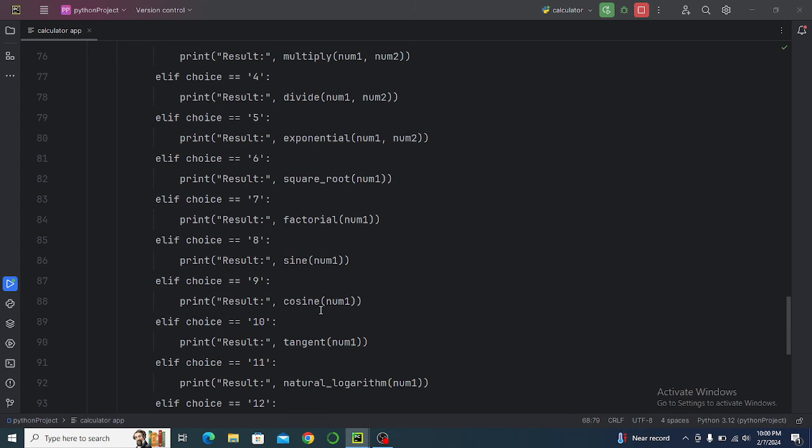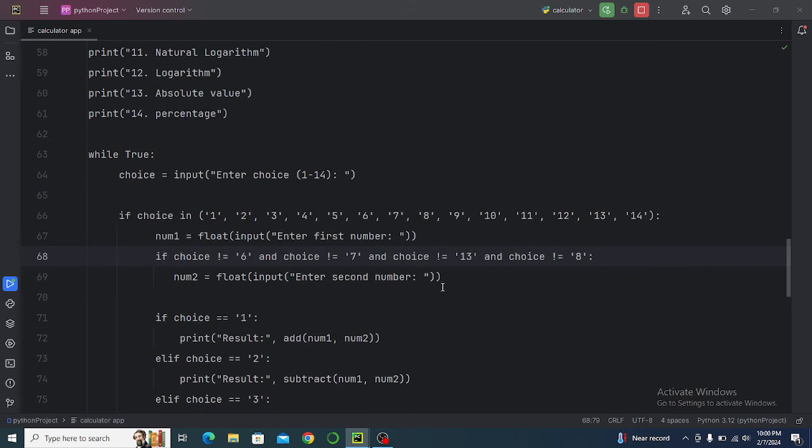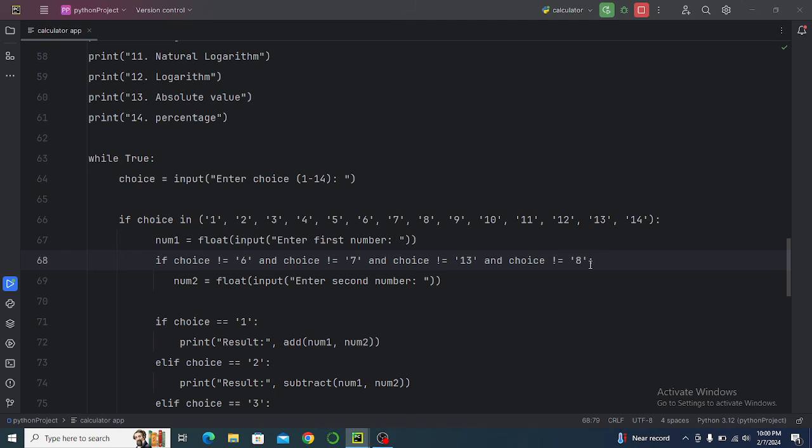List all those choices. Like for cosine now, you are going to put and choice and choice and choice,